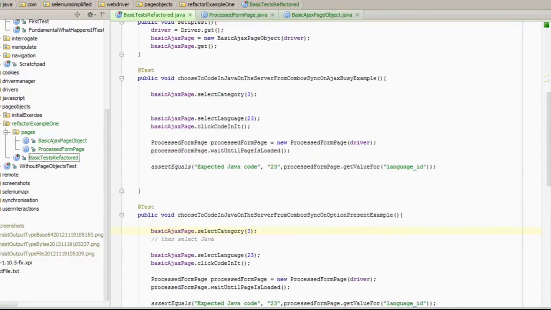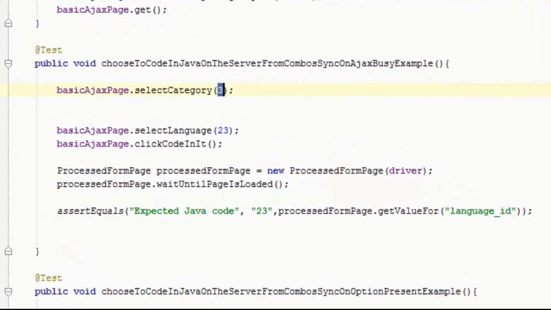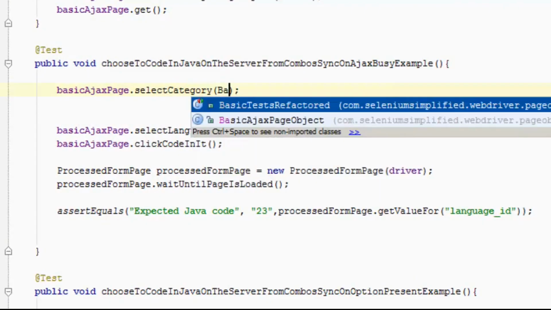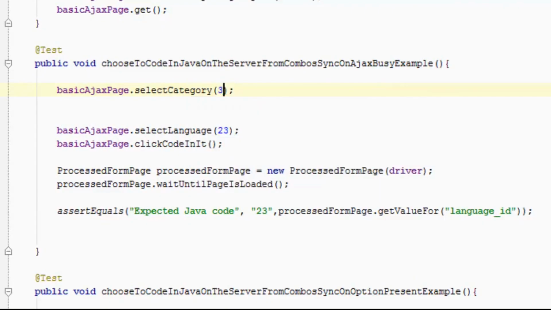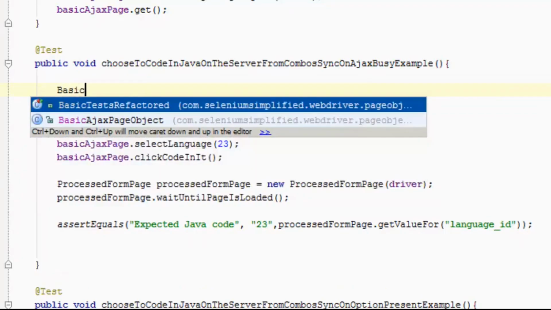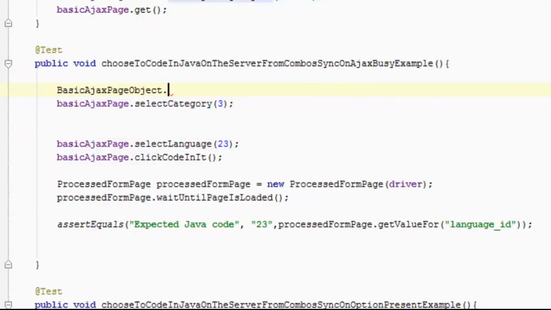So what I think it would be useful to do is to make these tests more explicit, or more obvious what's being tested here. So I don't want to just select category 3. I want to say select category. Oops, let's not overwrite that 3 yet. I want to say select category basic Ajax page object dot category, and I will change the static includes later on for this, but I'm just building it up this way. Basic Ajax page object dot category dot, and I think 3 was server. So that's what I want to say. Instead of the 3,